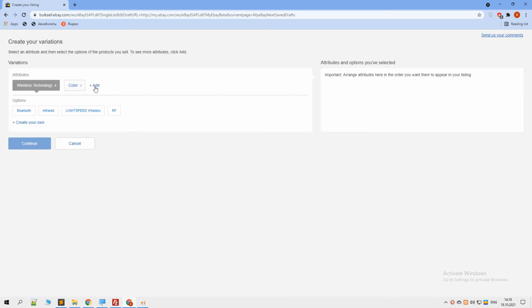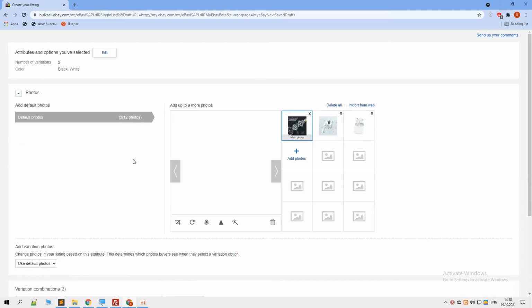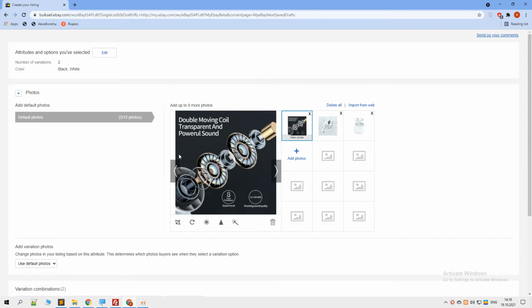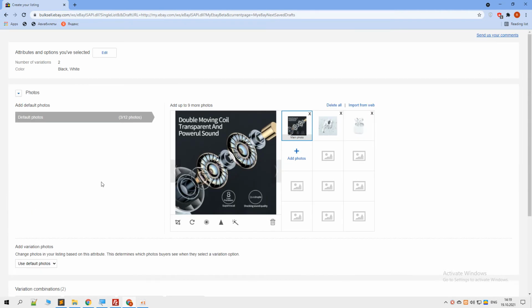earbuds. So let's click on create variation, and as you can see we already have this attribute, but the values for this attribute are black and white. And click on continue. Sometimes you manually have to create your own attributes. So let me add, the quantities are the same for each variation,